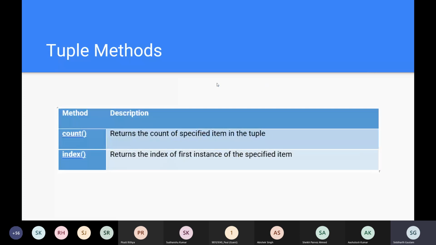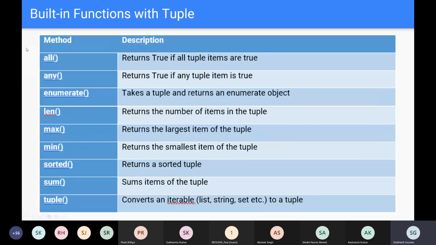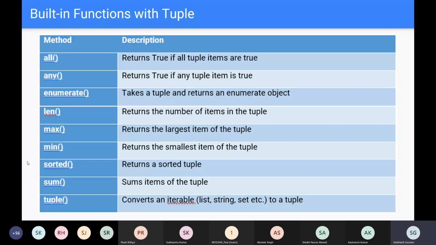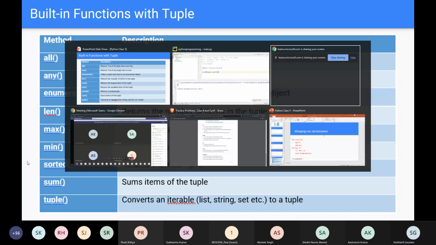And if we move ahead, as you can see, all of these methods are the same as that of a set. They are the same for the set, for the tuple, and for the list. All of these methods will work for all of them. So we don't need this. Since we have already done this function for the set and the list yesterday, we don't need to overdo it. But before we move to the dictionary, let me take you to the resources of set.